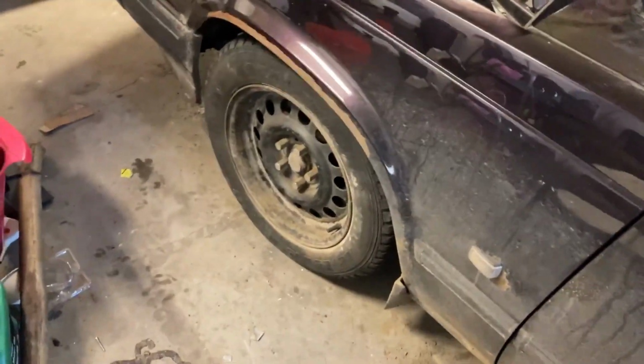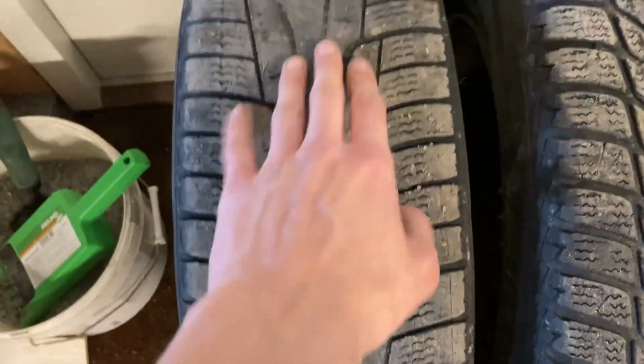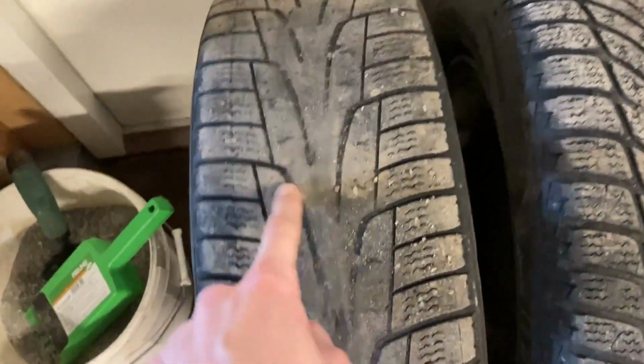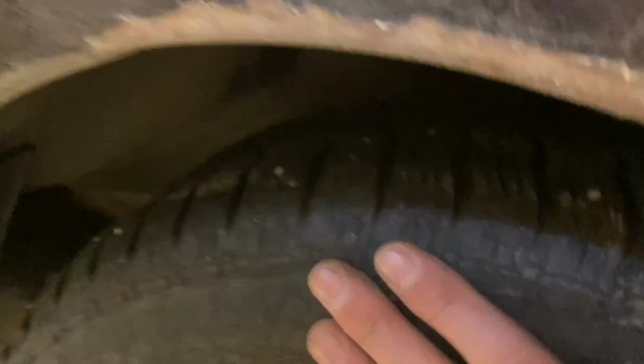So today I swapped the wheels on it to these, which have a lot better tread on them. You can see these were the ones that were on there. This is the left side, and it's pretty much nothing. The right side's a little bit better, but they're gonna be driving like 7 hours, so I gave them some nice rubber on there. Same on the other side. Pretty good. So I bought those yesterday because